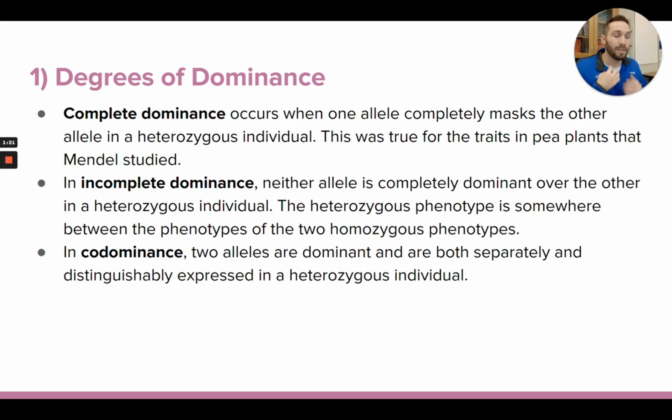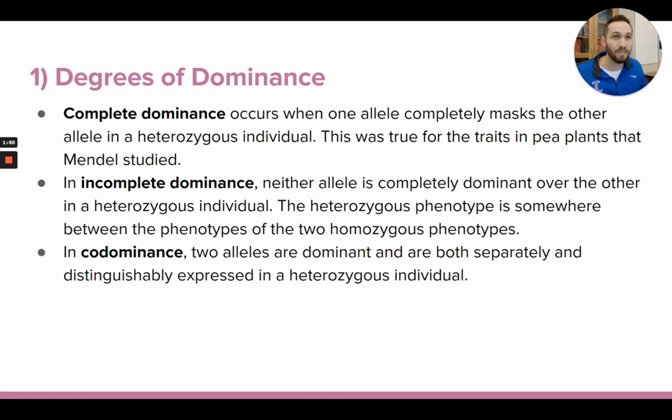And so for Mendel, he discovered that there was dominant and recessive alleles. And so sometimes when you ended up with two different alleles, phenotypically you would just show evidence of having just one of those alleles, like one of them would be the complete winner. So if you had, for flower color, a purple allele and a white allele, if purple was dominant, you would have purple flowers, and they would be just as purple as any other purple flowered plant. That's what we call complete dominance.